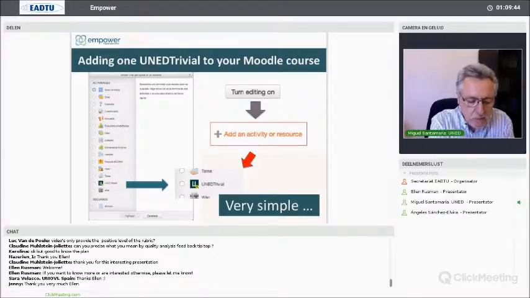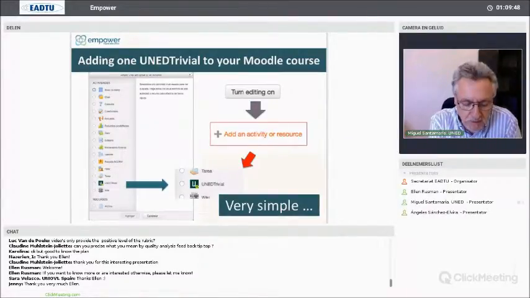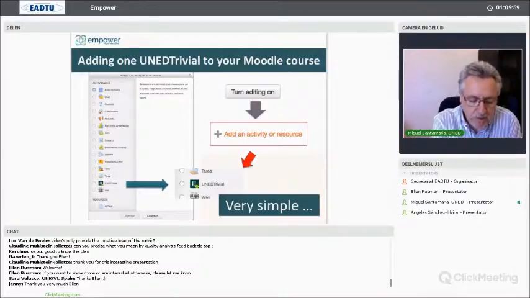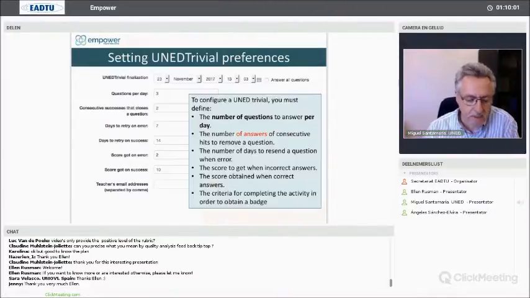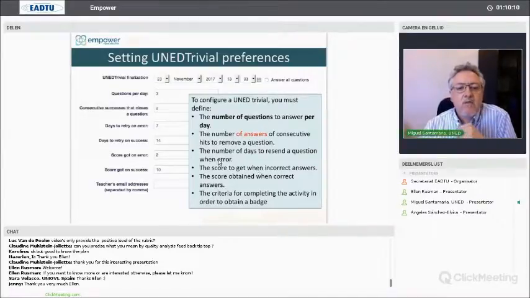Well, to add Unit Trivial to your Moodle course is really very easy. When the plugin is added to a Moodle site, you only need to turn on editing mode and choose Unit Trivial among the activities available. To configure Unit Trivial, you must define the number of questions to answer per day, the